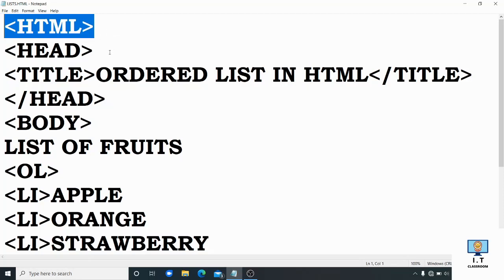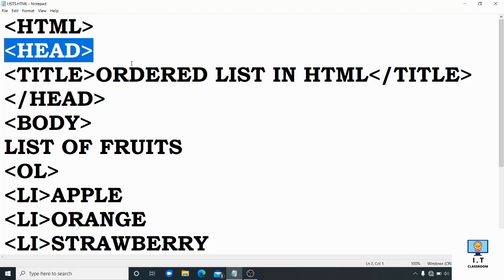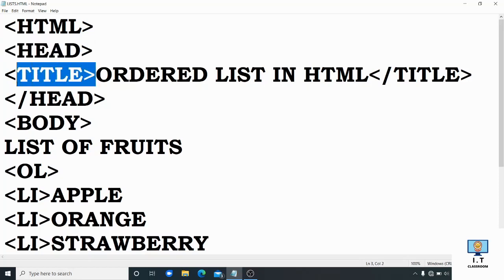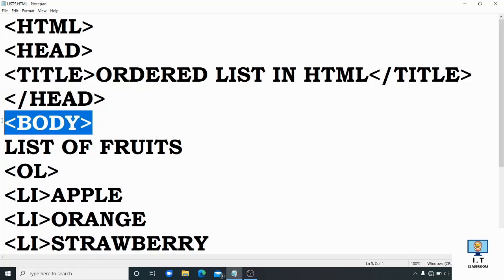Then after that, you use the head tag for assigning the title to the web page. After that, there is another tag, the body tag. We use the body tag because the contents which we want to display must be written in between the body tags.